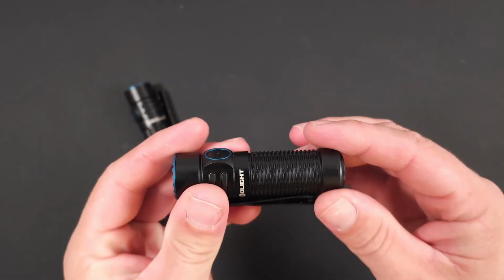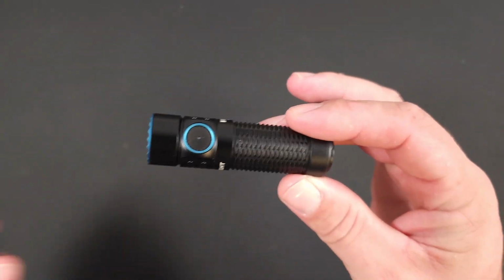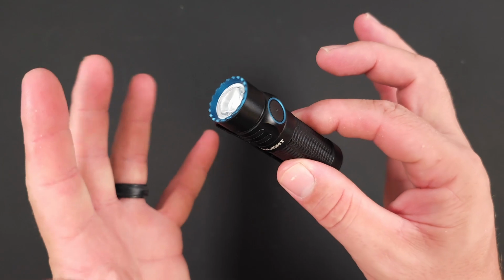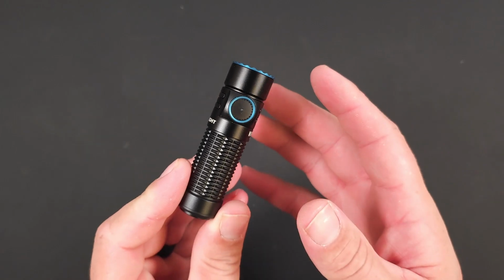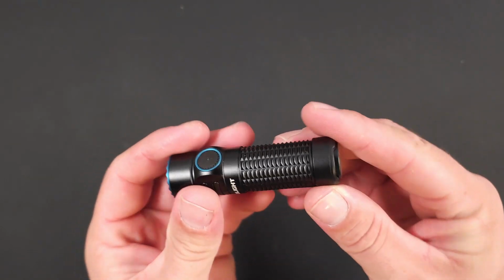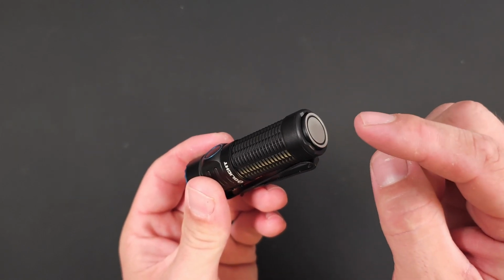However, I love the fact that this is such a discreet package. The package that this Warrior Nano gives you is frankly second to none. I love how this feels in hand. I love how easy it is to use. Basically, this is the beefy big brother of the Baton 3, with not only a larger size, but that included